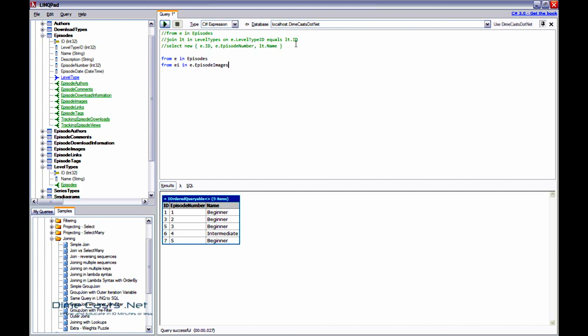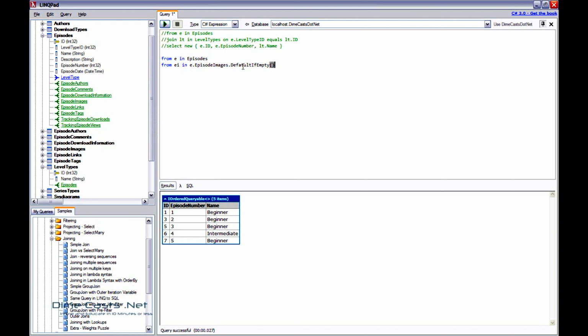images. Now immediately you should notice something different. Instead of using the join syntax, I went ahead and did from again. But instead of referencing a completely new table name, I'm actually going to reference it via the child table that's part of the episode object. The episode table in LINQ, if you come over here and take a look, knows about all of its children tables. These are the tables in green. And it knows about its parent table. This is the table in blue. I'm going to do default